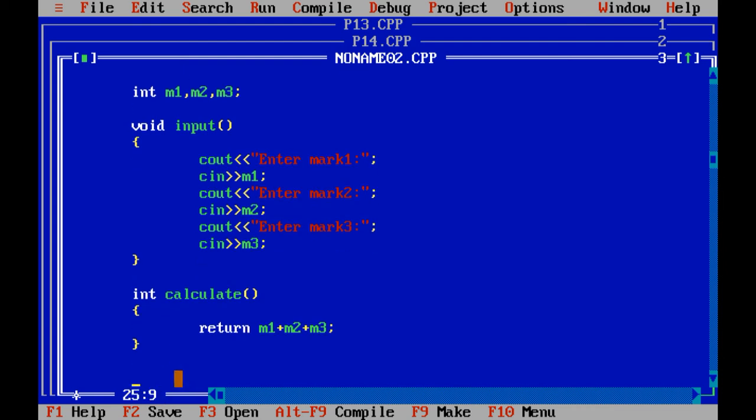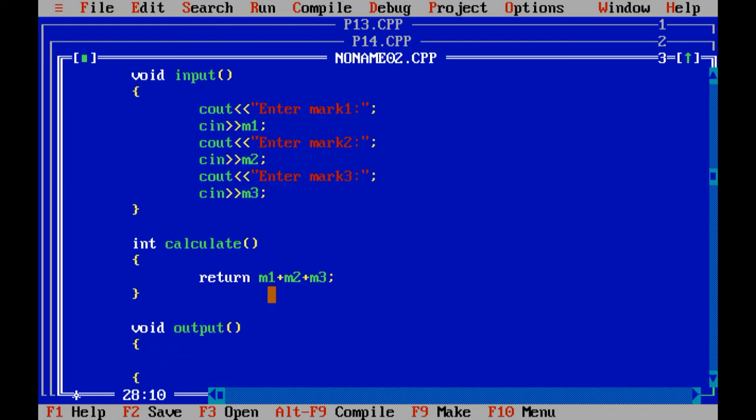Now what happens? Next code would be of output. I am going to develop the body of the output function. You just need to write one line: "total of 3 subject is", and then call the method calculate and semicolon.